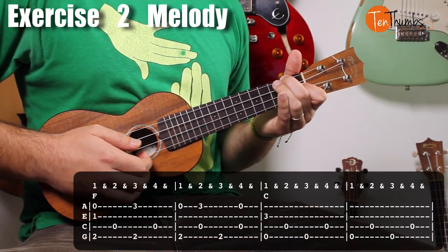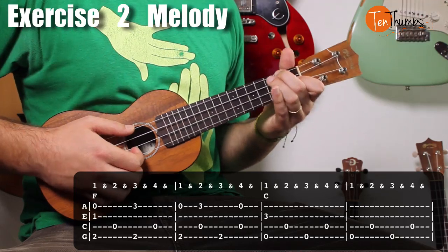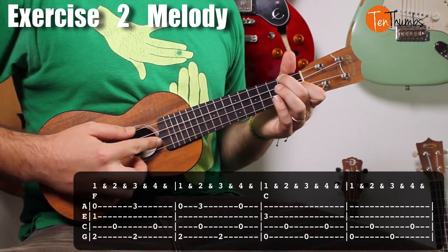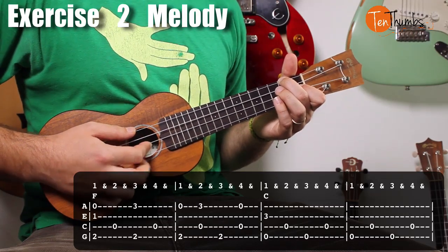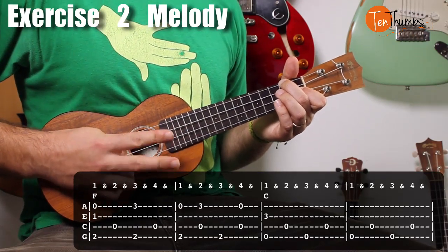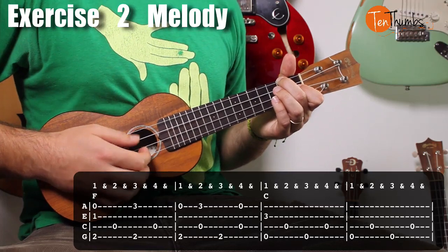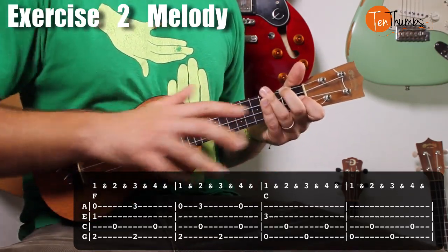Okay, now in the next step, we're going to go ahead and add some notes on top. So let's look at what we're doing here. I am using my pointer finger on the C string and my middle finger on the A string, and these are going to be responsible for my melody notes, and my thumb is responsible for the bass note. That relationship is something that's going to have its difficult moments,